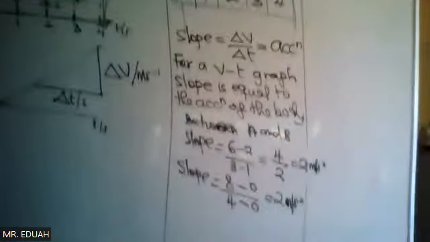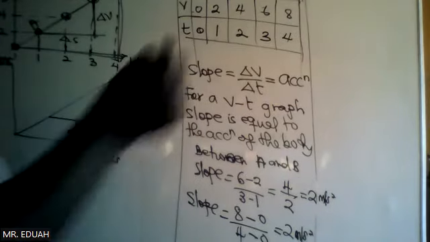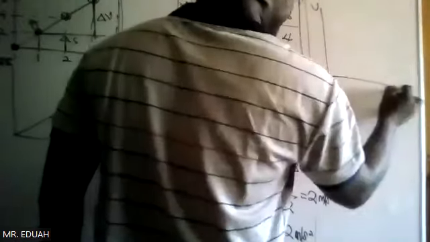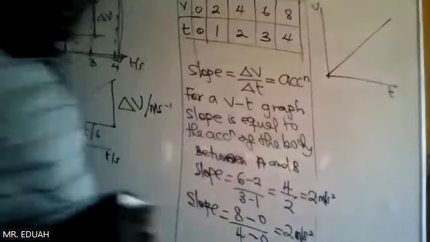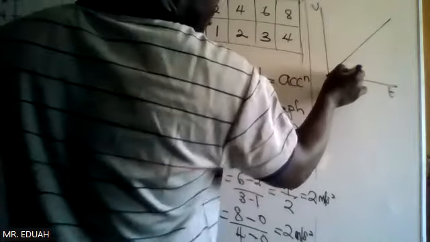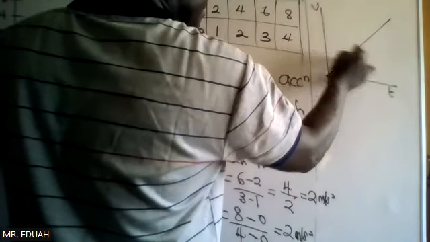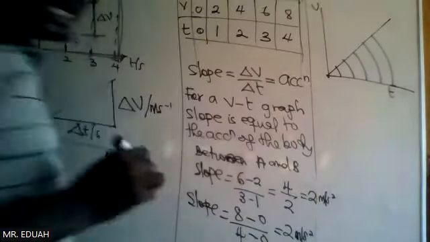The other thing to add is the angle on the velocity time graph. If it's uniform, look at this angle. This angle is the same throughout, or is the same on the straight line. So theta is constant. So over here, when we pick the extreme point and draw a right angle triangle, we